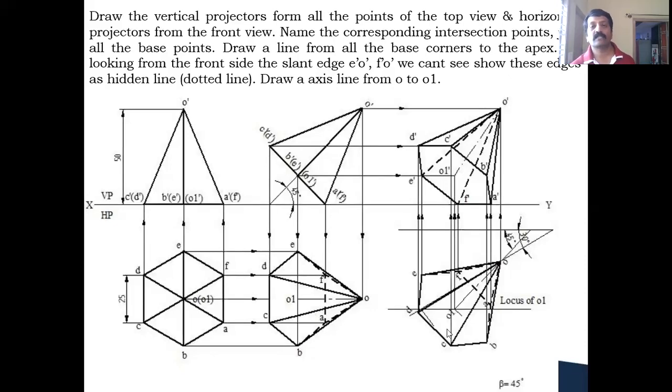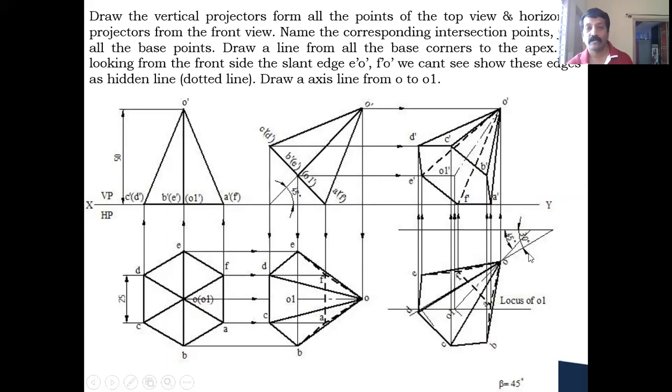Okay, since the apex is towards the xy line, the entire base you can see, as in all the examples. That's why you are looking from here, the entire base of the pyramid you can see. That's why A dash, B dash, C dash, D dash, E dash and F dash you can make visible edges. Now coming to the slant edges, you are looking from here, correct? B to O you can see, visible edge. C to O also you can see, visible edge. D to O also you can see, it is the outermost boundary line.